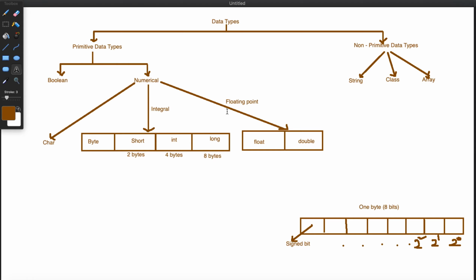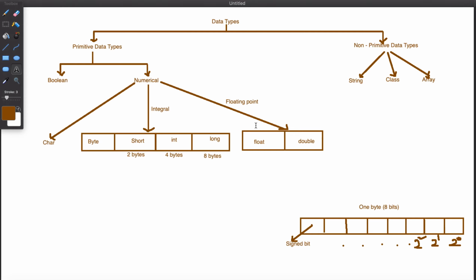Now the third one is floating point data types. Whenever we represent a number with fractions, like 0.0 or 1.001, whatever fraction we give is a floating point.